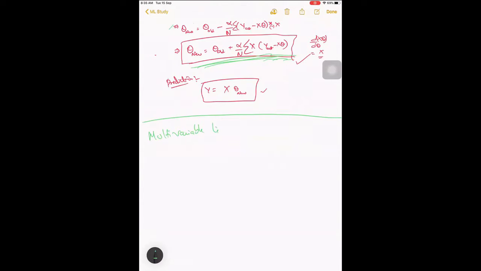this usually doesn't come up in single variable linear regression, because you only have a single value. This is one problem: different scales.